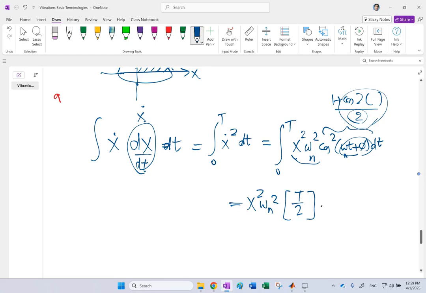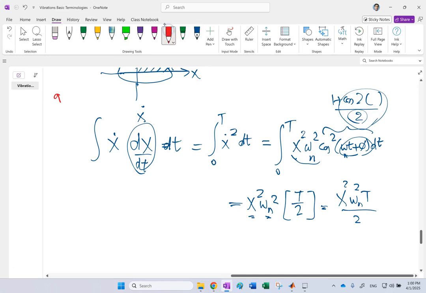That's it. So now look at that. It is going to be x squared omega n squared t over 2. Right? So this is the thing that is actually inside that curve. So first of all, let's see what kind of entity is that, and second, that one actually is an interesting